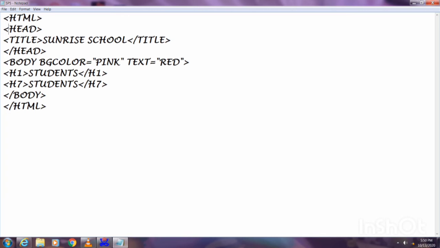Now I am telling you about other tags that are used in an HTML document. Now I will write it in the body section. These were the headings. Now if I want to use the physical text styles in the document, like I want to make a text bold, then I will write B and write the text here.